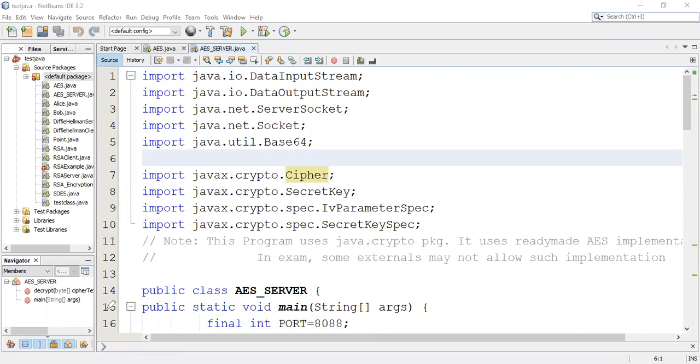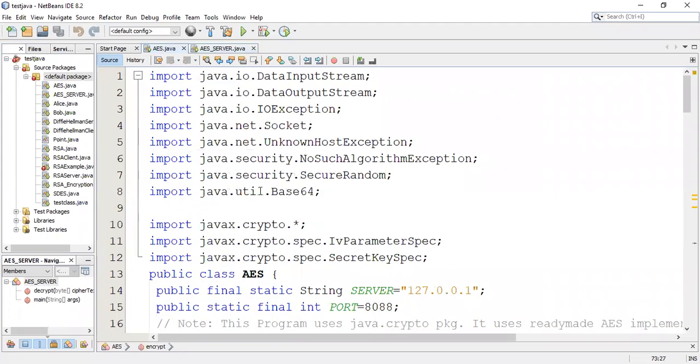First of all, I will explain the AES algorithm. These are the imports that you have to import first: java.io.DataInputStream and DataOutputStream, because you are going to consider the text file, that is the string. Suppose you are going to consider the string, at that time you have to input the strings.